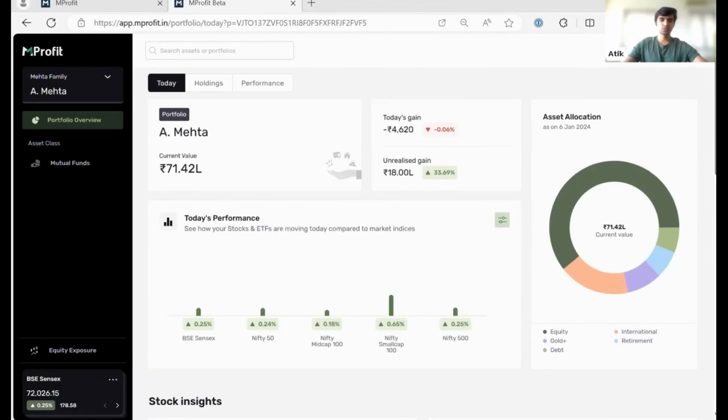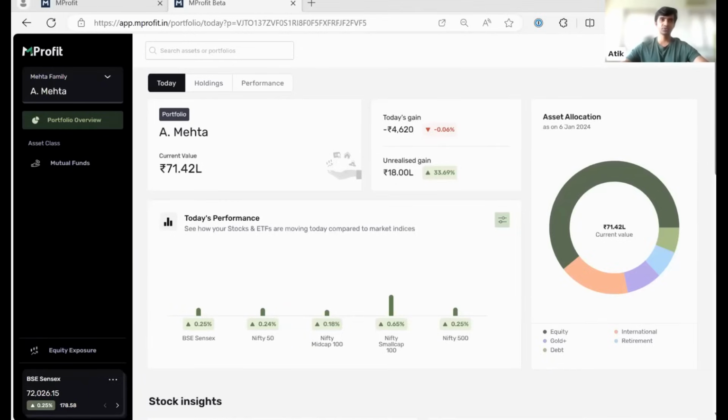One thing we'd like to specifically talk about today is a fairly new feature that we've added in the last couple of months. We've added a new API-based automation that allows you to directly sync all your mutual fund transactions to MProfit simply by entering your PAN number and syncing the data. So this is a completely new feature we've added. And this basically takes the mutual fund tracking automation to the next level.